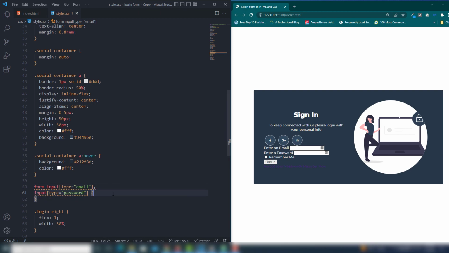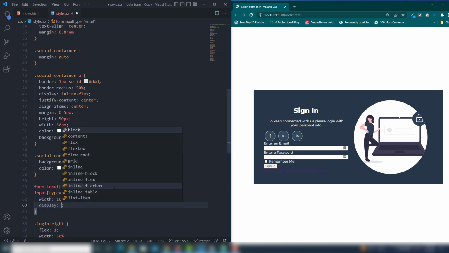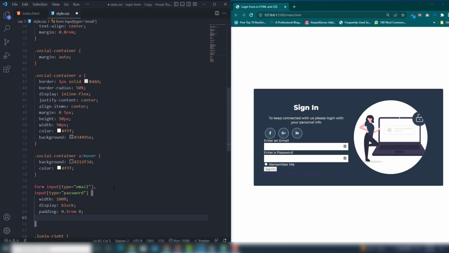So the first thing I'm going to use the width will be 100%, right? And I'm going to use the display block, padding 0.5 rem, 0 rem, and then I'm going to use the, what is the next, 0.5 rem, and background I'm going to use transparent,